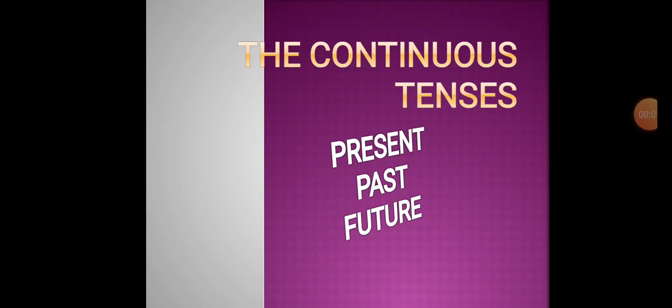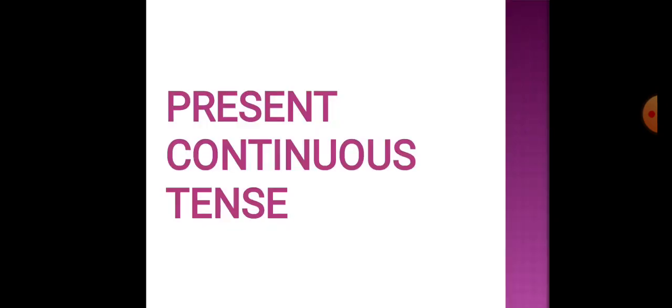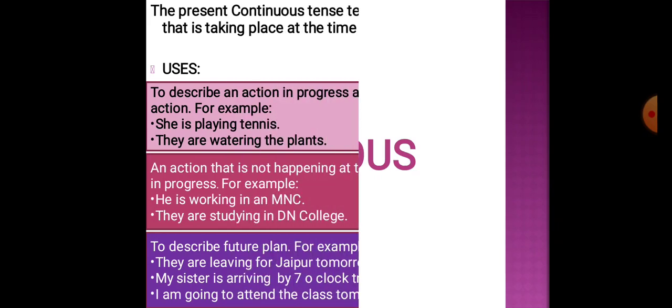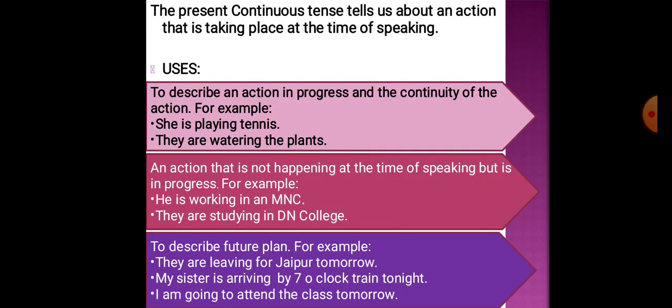The continuous tenses. So today we'll learn about present, past and future continuous tenses. First, present continuous tense. The present continuous tense tells us about an action that is taking place at the time of speaking. It is used to describe an action in progress and continuity of the action. For example,